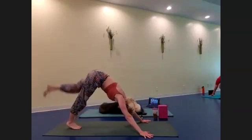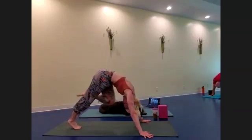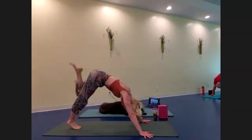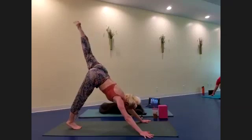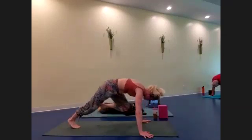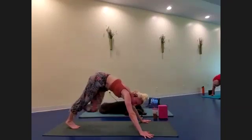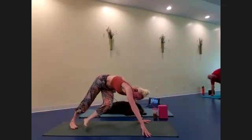Inhale the right leg up, knee to nose. Inhale the leg up, right knee, right elbow. Inhale the leg up, right knee, left elbow, and then either put the knee down or kick the leg across,